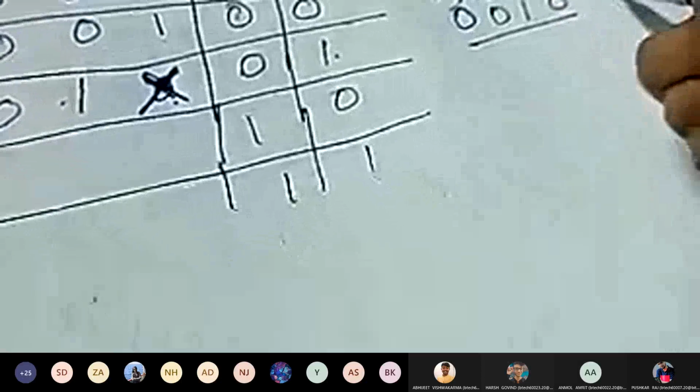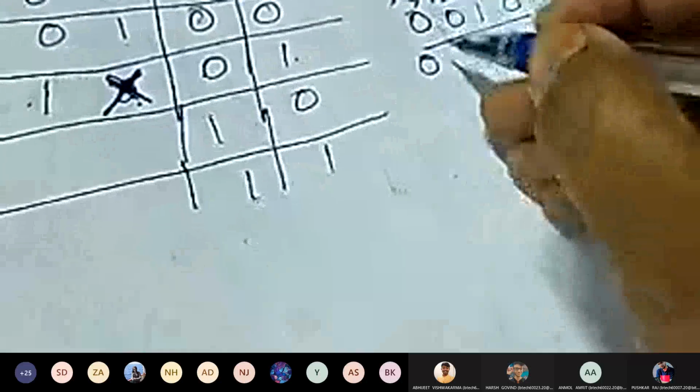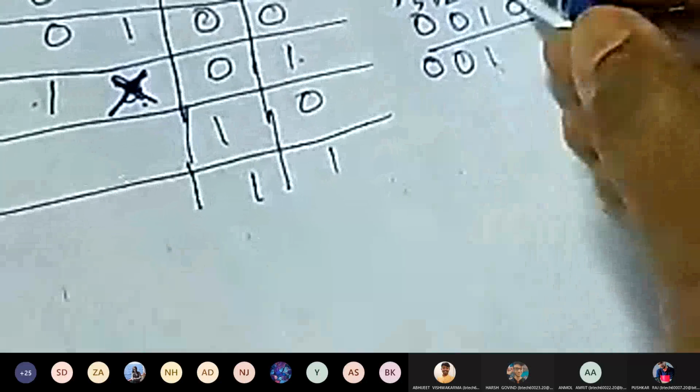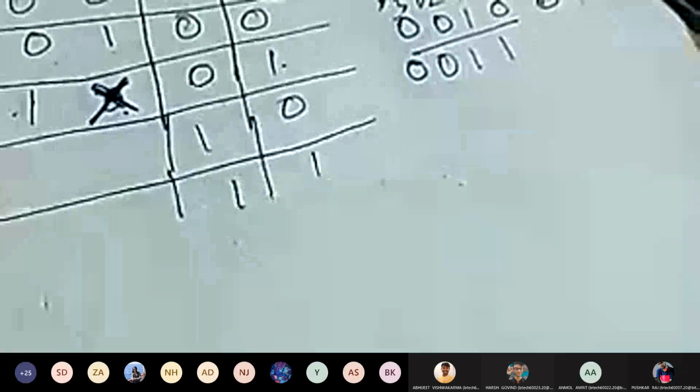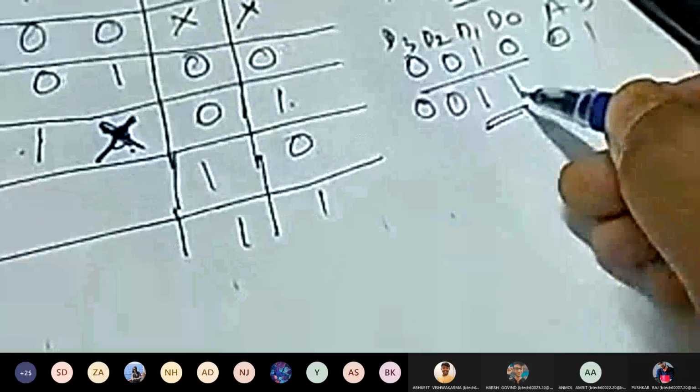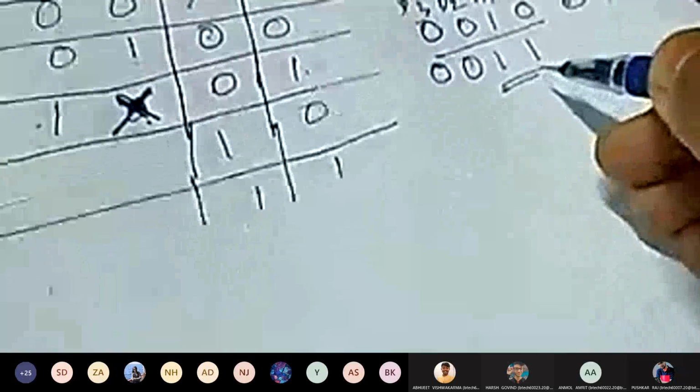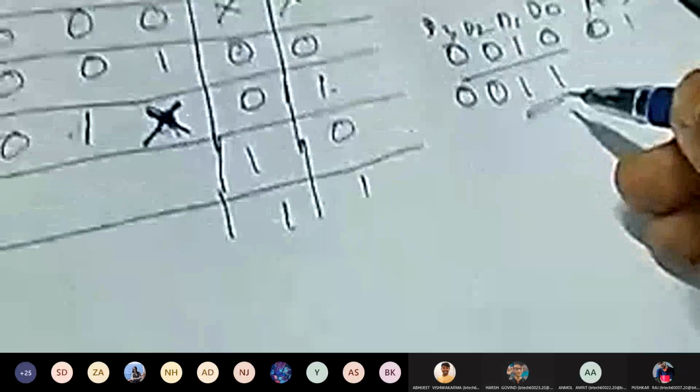So basically this is simple encoder. So what you will be getting for A and B? It will be 0, 1. Okay. But if I write D3 0, D2 0, D1 is 1 and D0 is also 1. So now both the values are 1. Okay. So now the concept priority comes.